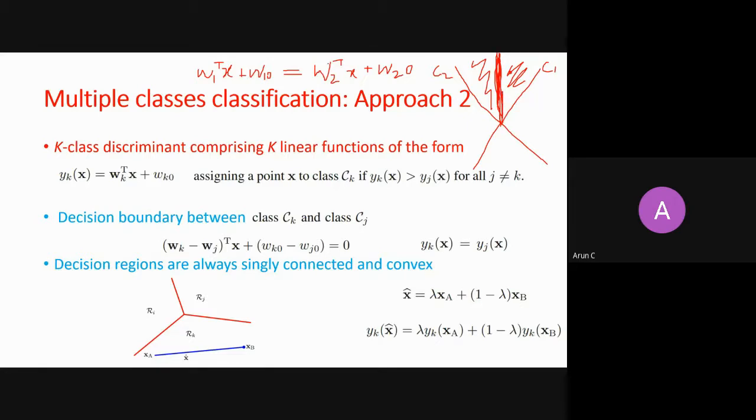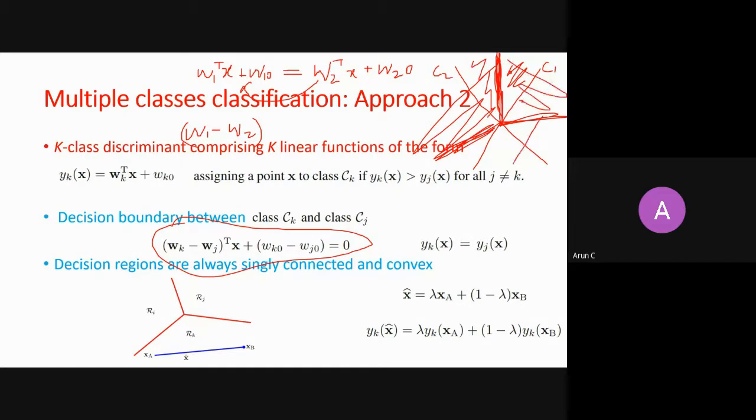So these are nothing but this imaginary hyperplane. If you construct this hyperplane, you bring all these things into the left hand side, and you say (W1 minus W2) transpose X plus (W10 minus W20) equals zero. This is written here, right? This is the same as what I'm trying to show here. So this is nothing but an imaginary hyperplane boundary, and similarly you come up with this decision boundary and that decision boundary, and then it will result in convex regions, right?